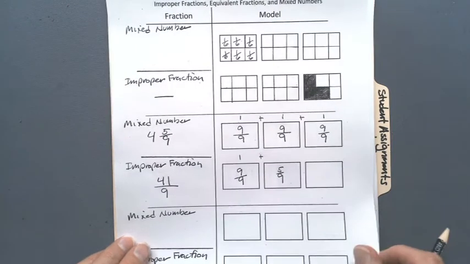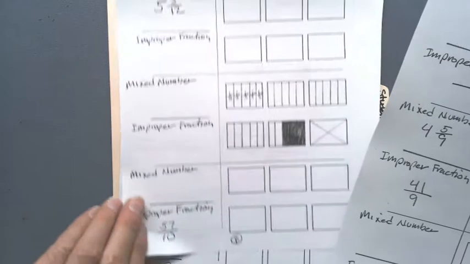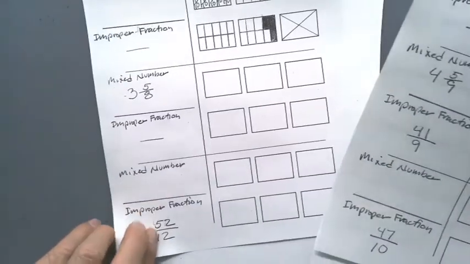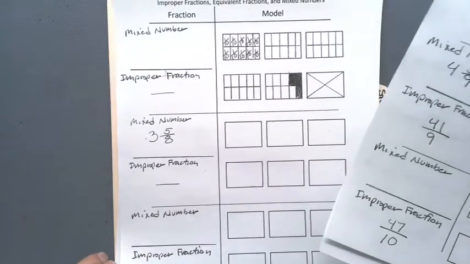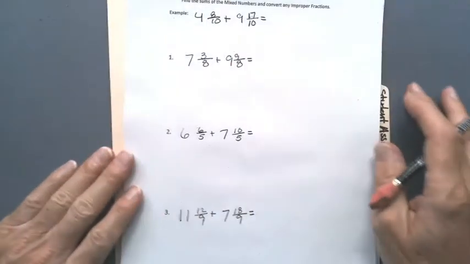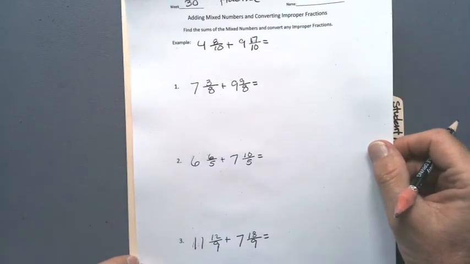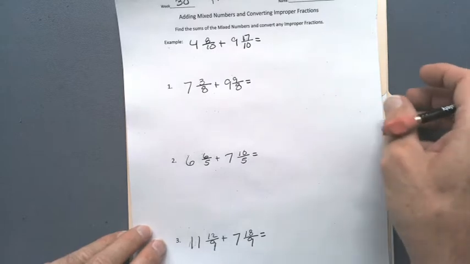So complete the remainder on this page. Complete the B side also. There's an A and a B side. And then go ahead and take the test, and the test you'll turn in separately. When you finish that, we have some practice sheets also for just doing mixed numbers and